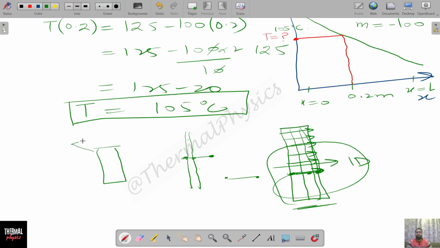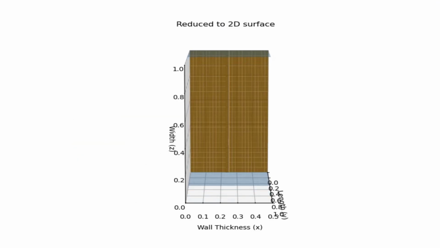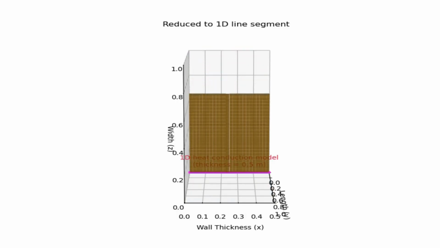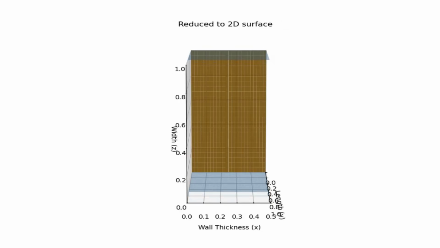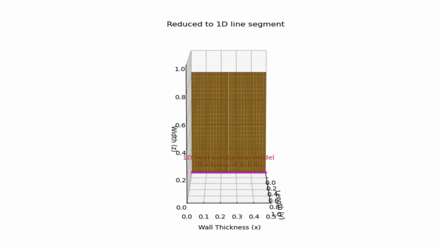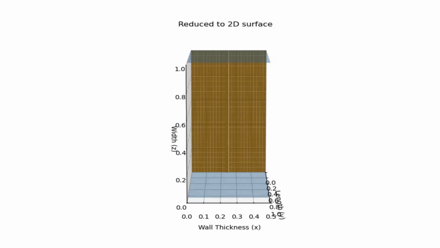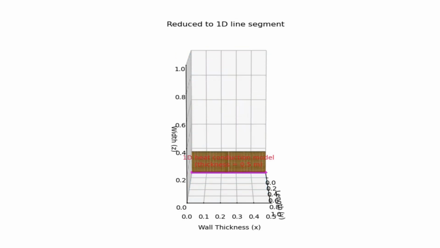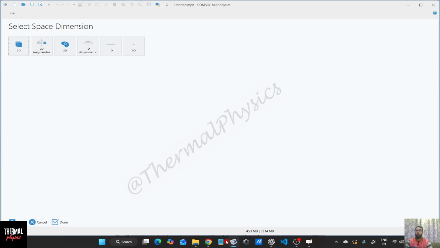So this is 3D. We're interested in 1D, so we'll look at this face only, and for this face we can still reduce to a line segment. That's what is shown by the animation. We are studying heat transfer in one dimension only along the thickness, so we'll forget about the depth. As we can see in this animation, we can reduce the depth, we can reduce the height as well. What we are left with is this thickness line. So we'll choose 1D. This will solve the model very quickly,